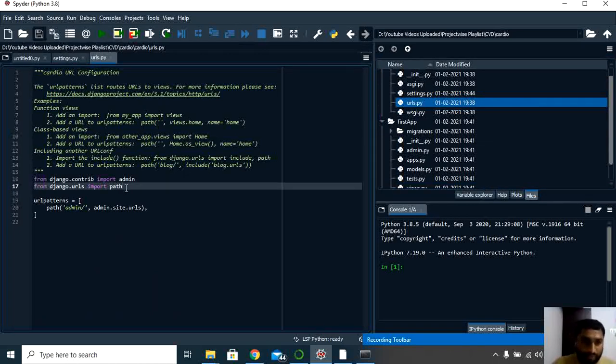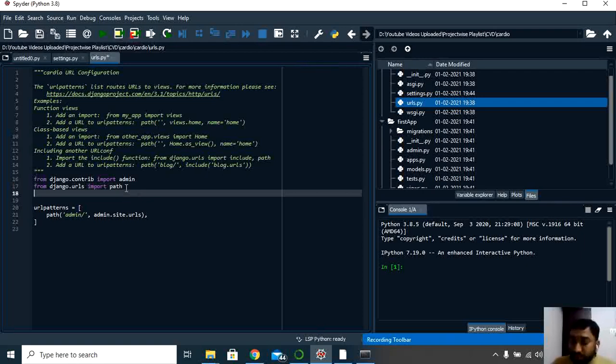But before that, we need to import the first app that we have created, as far as this project is concerned. To do that, I can import using from, then first app, then import views.